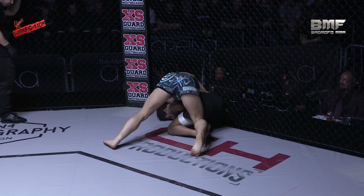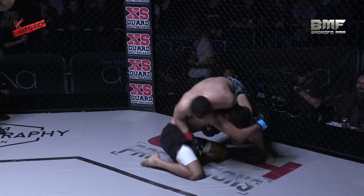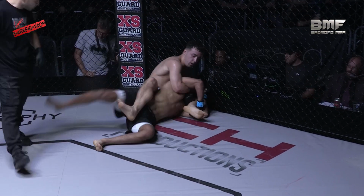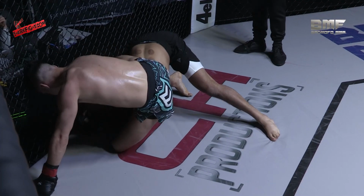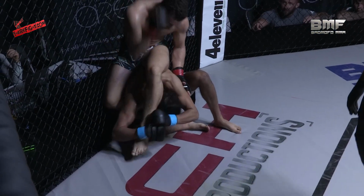Oh, beautiful knees to the body. Steve's been waiting all night for these. Nine fights, I got a knee to the body. Lovely. Now it's Zamaan on reshoots, but ends up now in a sort of a triangle armbar position, and he's going to be on the back. He's just going to readjust, maybe a bit high at the moment, but